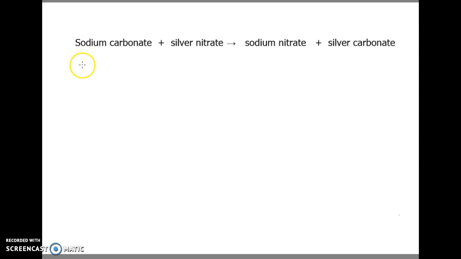Sodium's a group 1 element, so I don't like doing this color. I'm going to change it to blue. I like blue. Blue's good. All right, so sodium is a group 1. So it's Na,